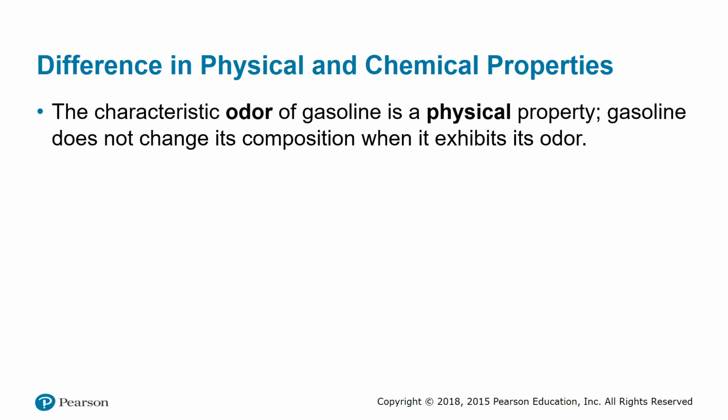So one physical property that's sometimes physical, sometimes chemical, is odor. Like gasoline, you pour out some gasoline or you go to the gas station, you can smell the gasoline. That's a physical property of it. But if you think about an orange,